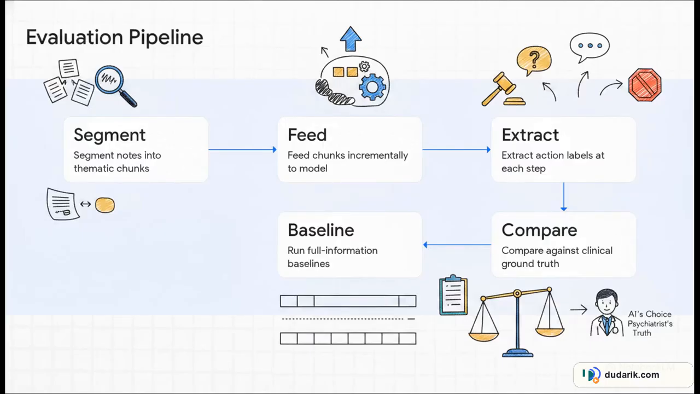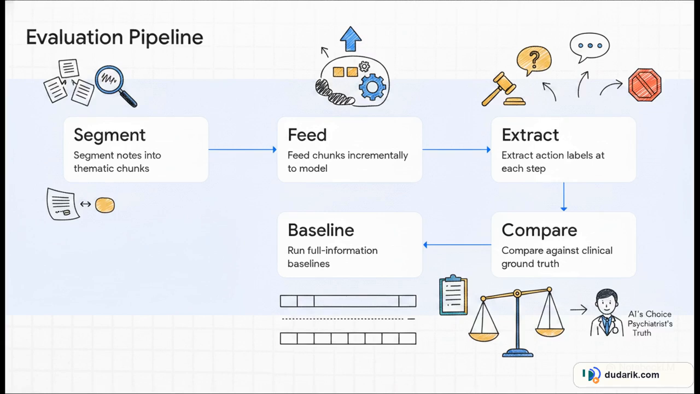Okay, let's see how this builds into an actual testing framework. To catch these calibration gaps, developers must build a stateful evaluation architecture. Step 1, segment your clinical notes into thematic or chronological chunks. Step 2, feed those chunks incrementally to the model context window without resetting the state. Step 3, extract those specific action labels, diagnose, clarify, or abstain at every single step. Step 4, compare the AI's choices against the ground truth of what a real human psychiatrist did at that exact stage. And finally, run full information baselines in parallel so you can quantify exactly how much the model's performance degrades